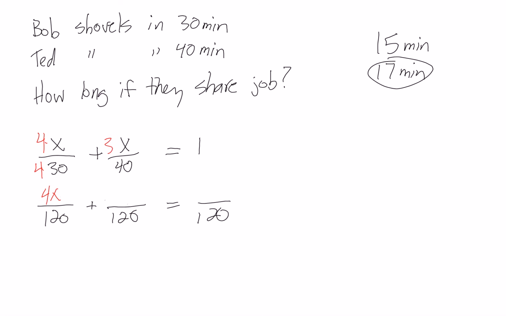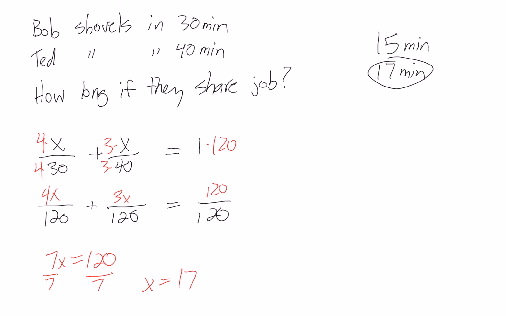The second fraction by 3, which gives us 3x, and the last one by 120. Now when we simplify our equation, our bottoms we can ignore. We just get 7x equals 120, and then we divide by 7. So x equals 120 over 7,